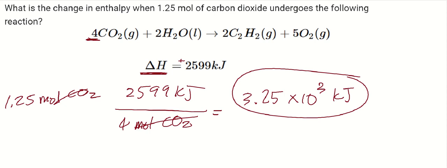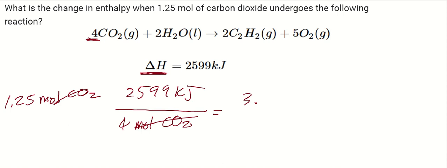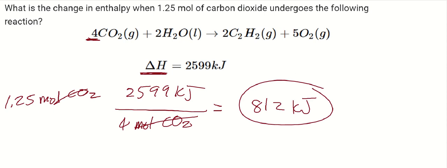Just make sure I did my math here. No, I didn't do that right. Hold on. Go back. I forgot to divide by 4. All right, so 1.25 times 2,599 divided by 4. Yikes, that's a different number. All right, sorry about that. So the answer is 812 kilojoules. No need for scientific notation. And it's positive again, so that's endothermic. And then next problem here,